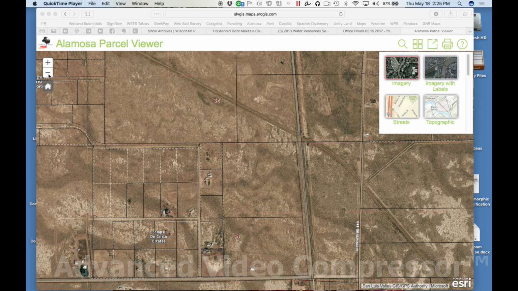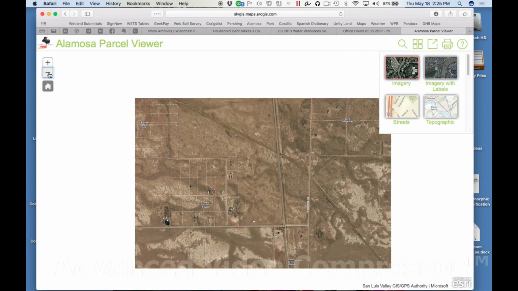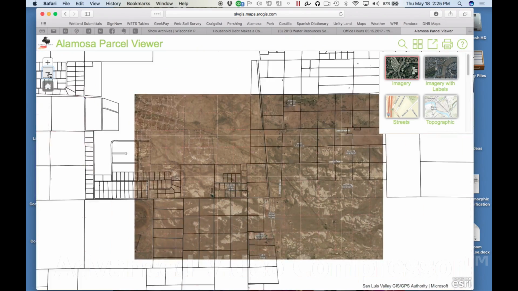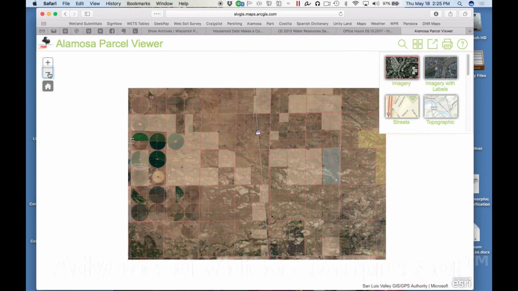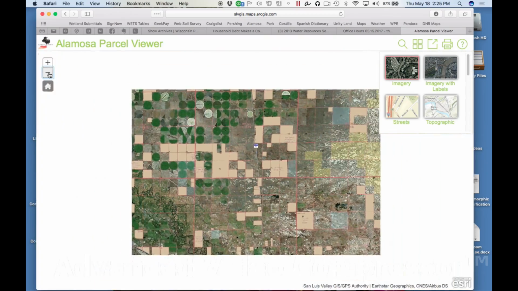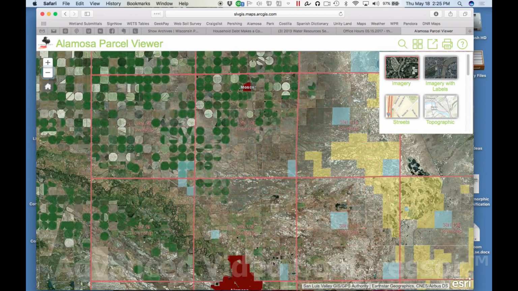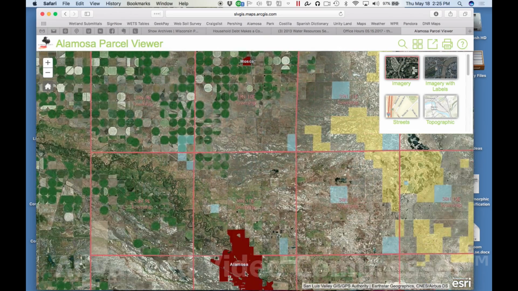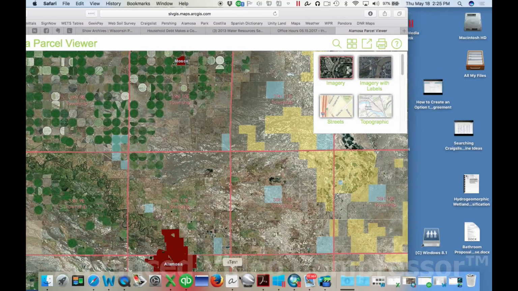So let's start by zooming out a little bit just to see where we are, where this property is exactly. It's a little bit north of Alamosa, which is a city, of course. So we'll use Alamosa to get started on our search for the property location